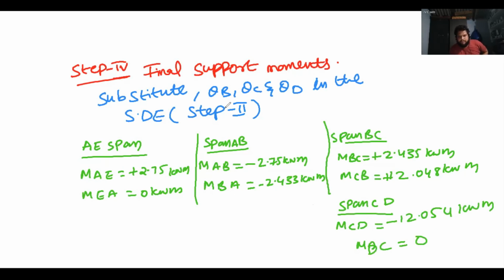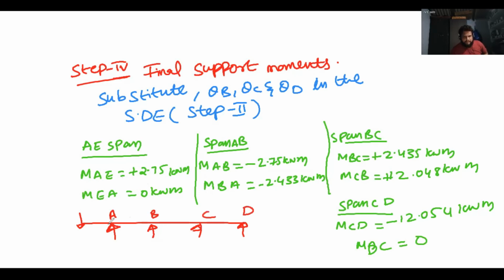Okay, so till now, whatever you did, whether it is correct or wrong, how to check? After solving this much, you should check whether your problem is correct or wrong. So for the portion A, B, C, D, at each joint, the sum of the moments must be equal to 0.